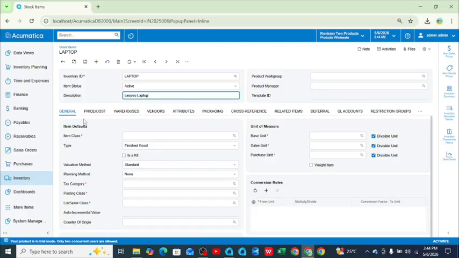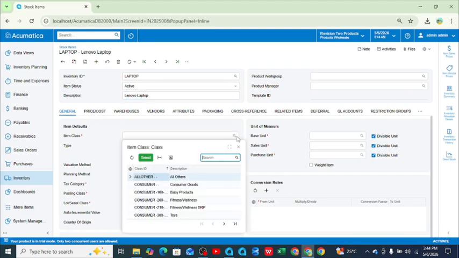Then the most important thing, you can input the item class. The item class is the class in which these items fall. It makes it easier to create a stock item. So you can come here and select it, let me see if there is an item as electronics